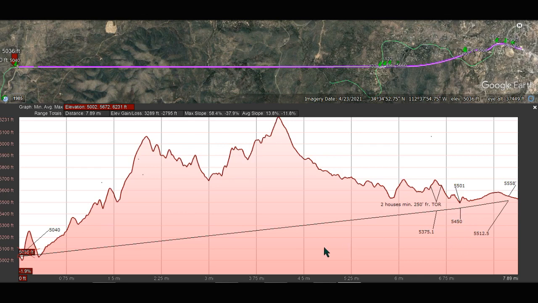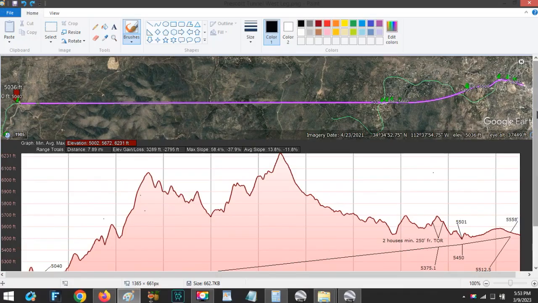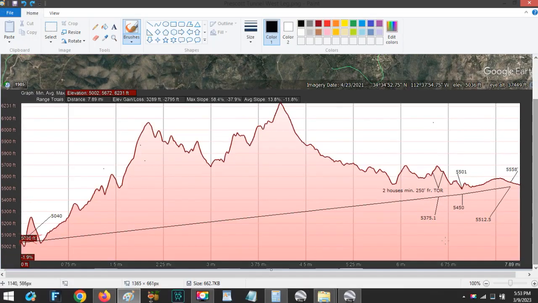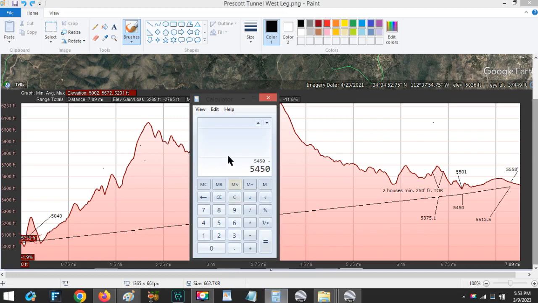I put it down 50 feet below that wash you see in the Google Earth imagery, and I'll explain that in a second. And I'll try and tell you how you get the percent grade. Right now, it's pretty simple. You subtract the lower number on the left, which is actually 50-40, because